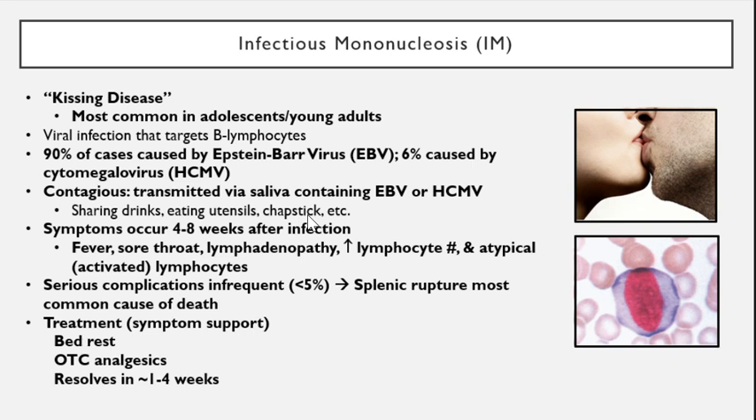So we're going to be talking about a lot of blood cancers today, but this is the one non-cancer condition that is prevalent. This is mononucleosis. A lot of people have heard about it at this point, but this is the kissing disease, more commonly in adolescents and young adults for two reasons. One, obviously, they're going around just making out with everyone, right? But the second reason is because